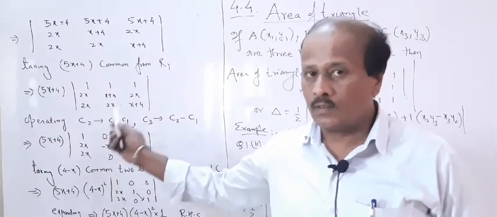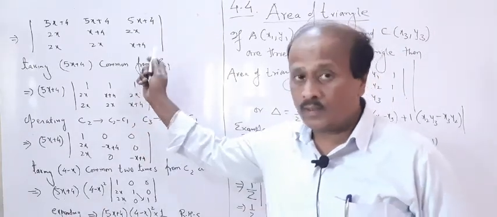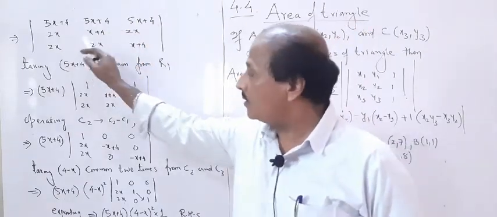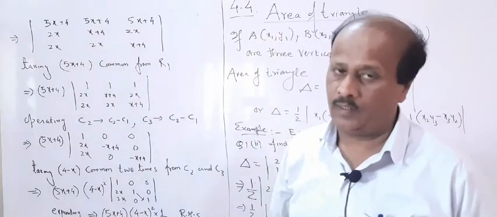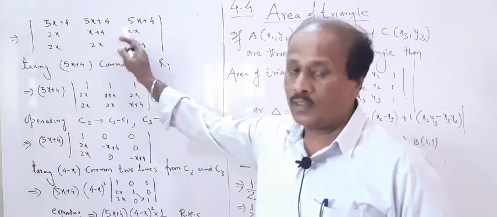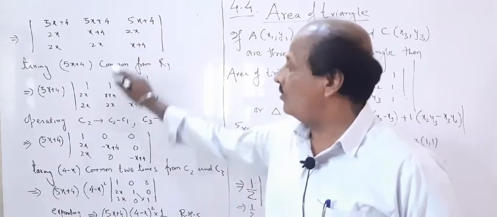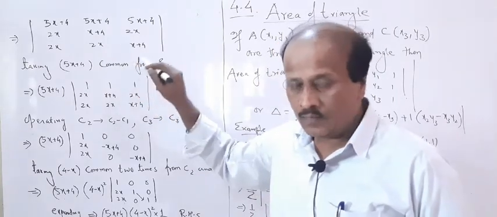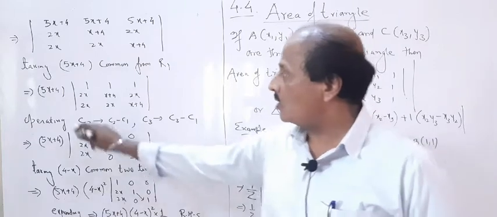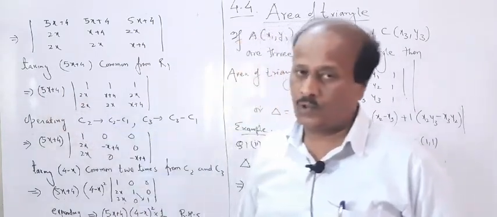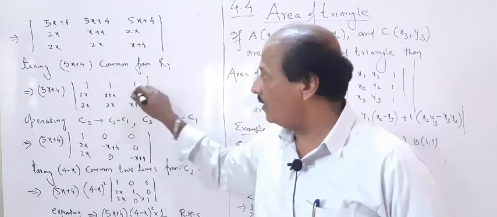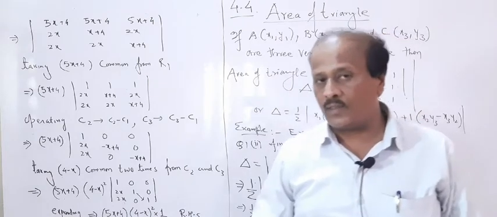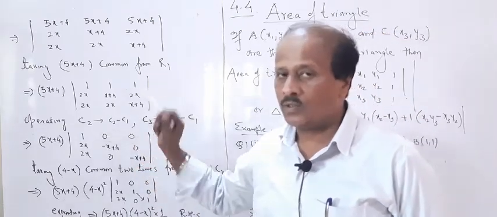Now continue with the same step. The first row is 5x plus 4, 5x plus 4, 5x plus 4, and the rest of the rows are similar. Now as soon as you observe this, with your eyes always on the right hand side, you will find that 5x plus 4 can be taken out common from row 1. That is the fourth property of our determinant. So as soon as you take out 5x plus 4, you will get 1, 1, 1 in the first row. Many times I have told you in this chapter, as soon as you get three 1s in a row or column, the solution will be very easy.